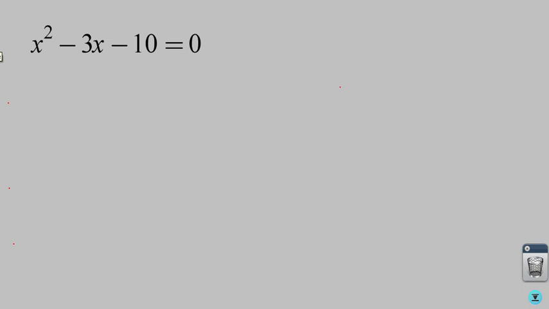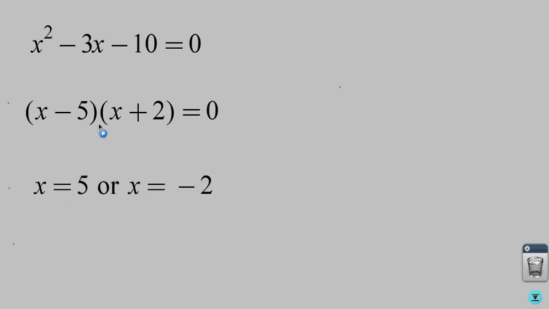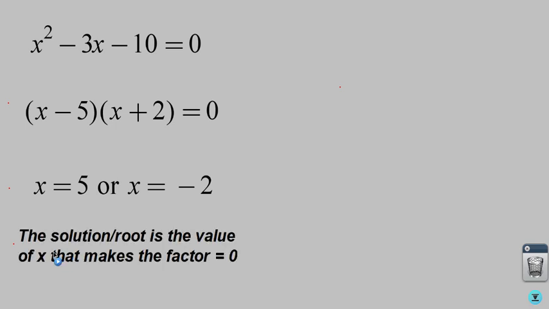And let's say that we want to solve it. We know that we can solve it by factorization. So we can factorize the left-hand side. We get x minus 5 times x plus 2 equals 0. And using the null factor law, we know that x equals either 5 or negative 2, I mean. So the solutions,